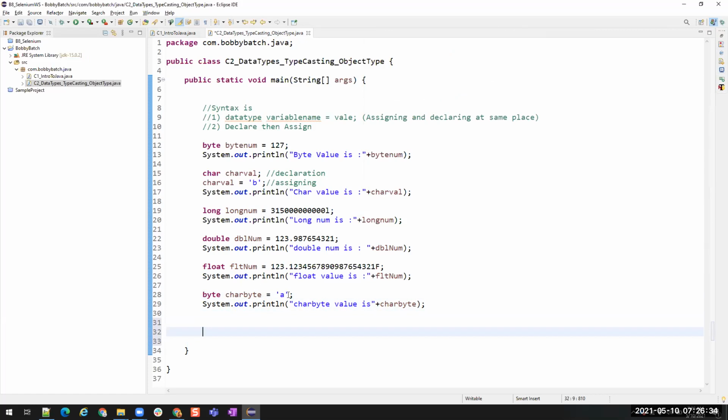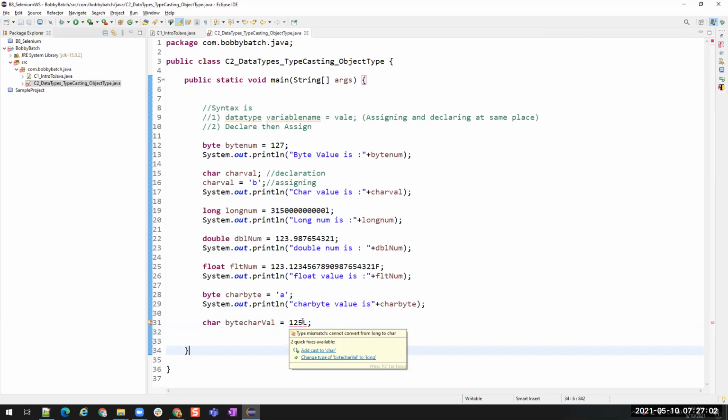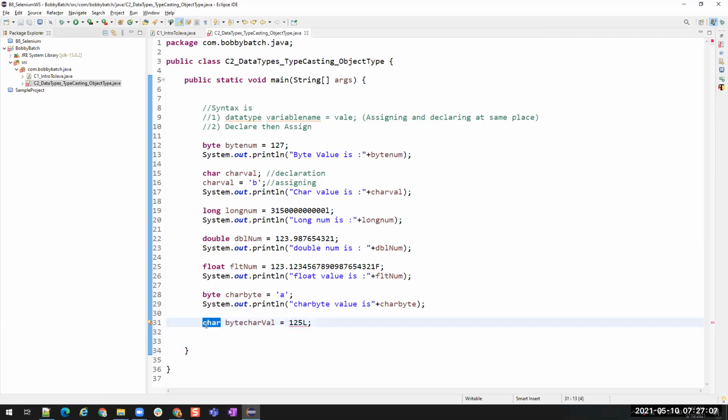Let me try to assign another. That is implicit typecasting, I'll tell you. Say byte char value equals, and in a character I'm going to store 125. Now, is it allowing me to store this long value inside a char?